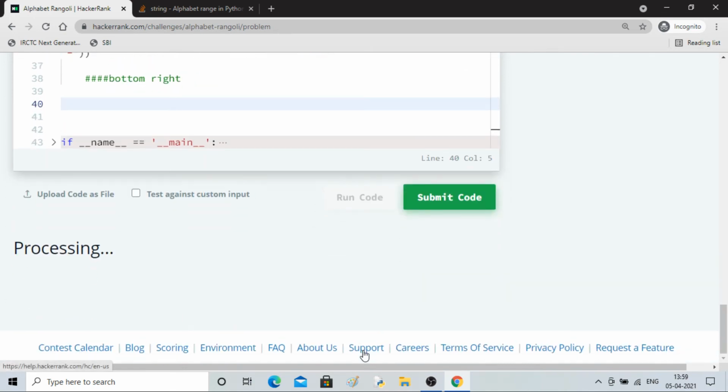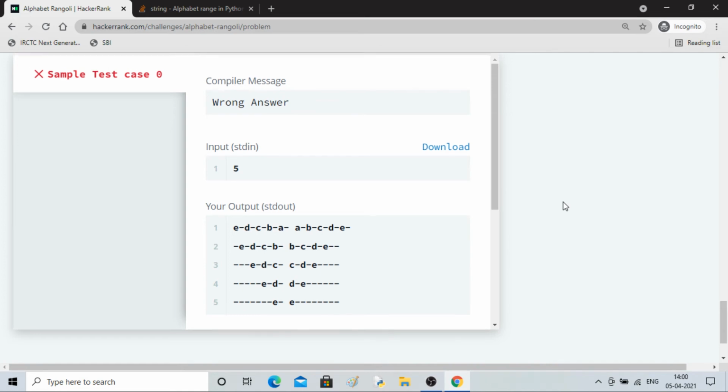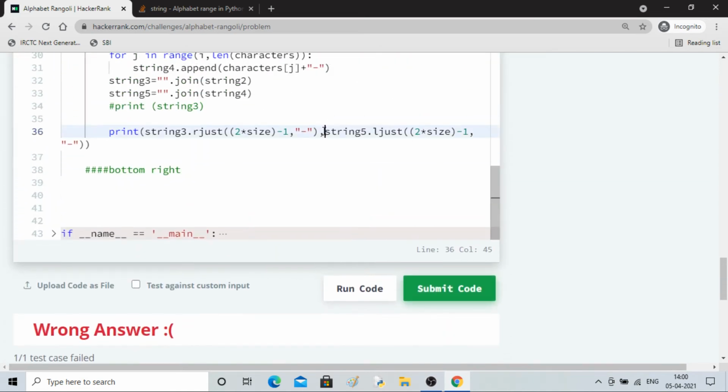And run the code. So yeah, it is working, but still there is a space right in between. So let me do, instead of comma, I'll add plus.